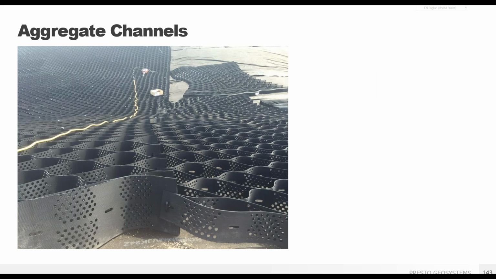Here's a pro tip particular to channels. One of the really nice things about using GeoWeb is it allows for adjustments. Here you see the GeoWeb cell wall depth was reduced from 8 inches to 4 inches. The second half of the channel from the main inlet was subjected to reduced flow rates and lower shear stresses. Because of this, less protection was required, so a shallower GeoWeb panel was used, which saved on cost and installation time while still meeting the performance requirements.